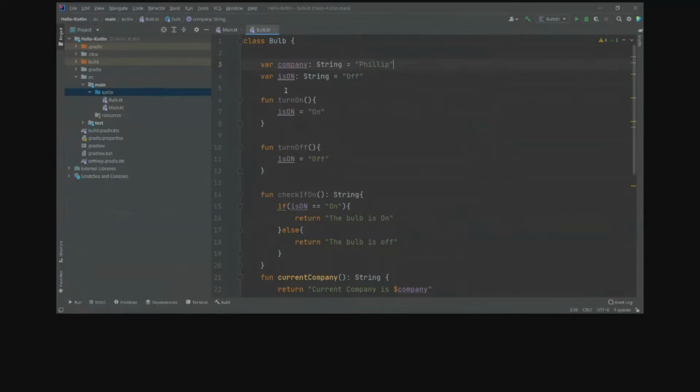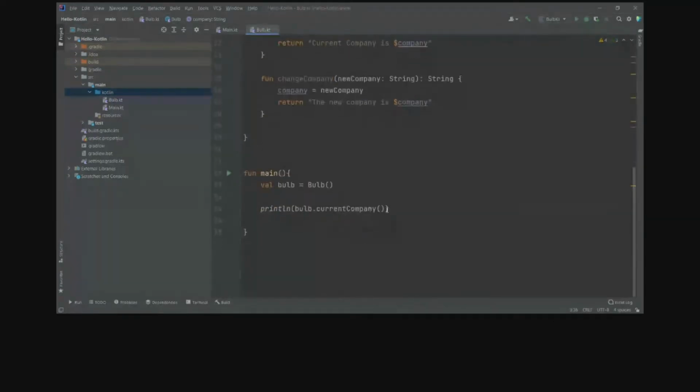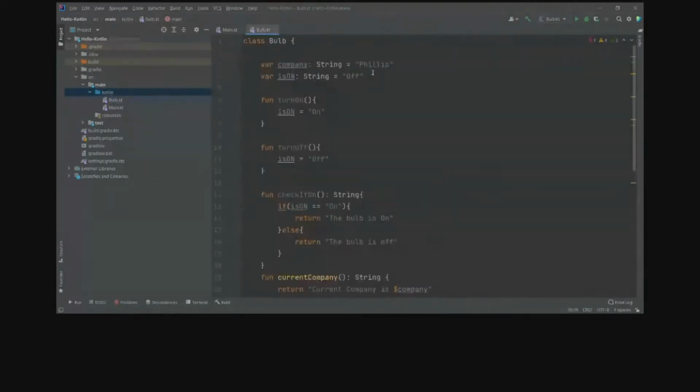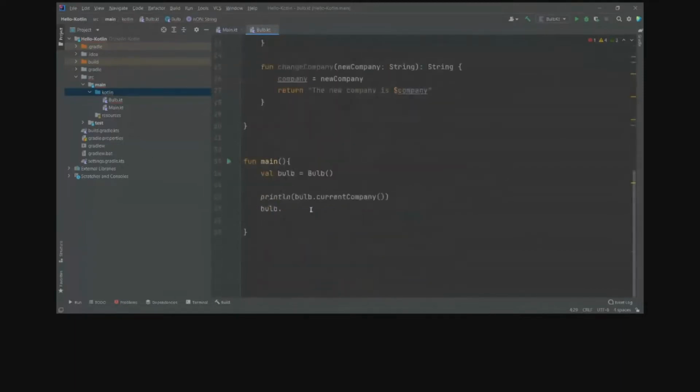So if I say bulb dot turn off, now it's already off. I have assigned this is on variable to off, and turn off will assign this variable to off only. Now let's say I'll write here turn on.